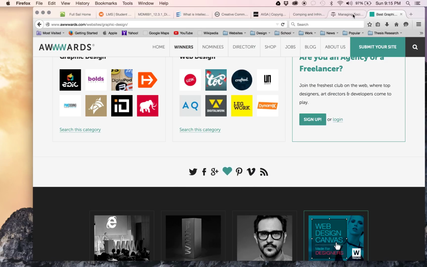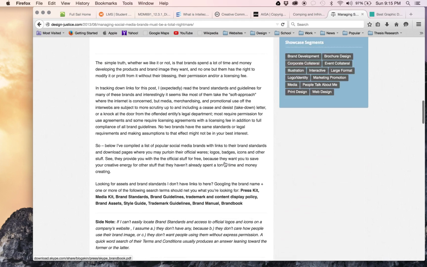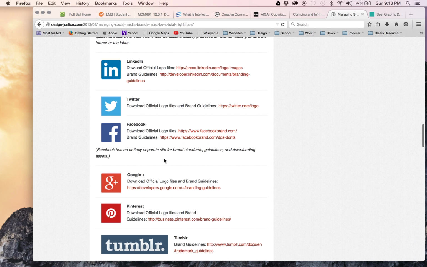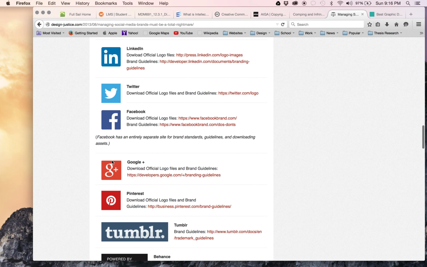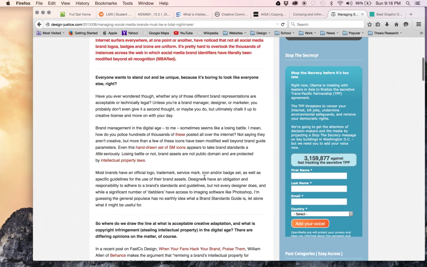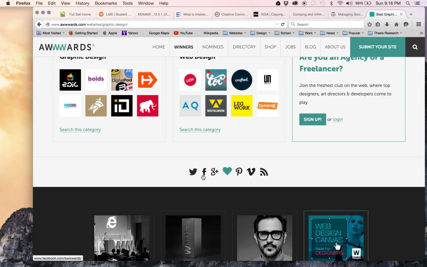Because if you go to any of those companies' websites, you can look them up, LinkedIn, Twitter, these are actually the different icons that should be used. And every brand spends a lot of money developing their own specific look of things, and they spend a lot of time going over the colors that they want to use and how they want to be placed. This is their brand. This is how they want to be represented.